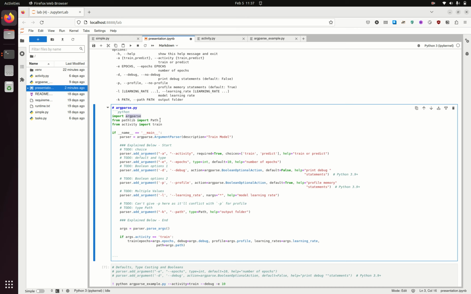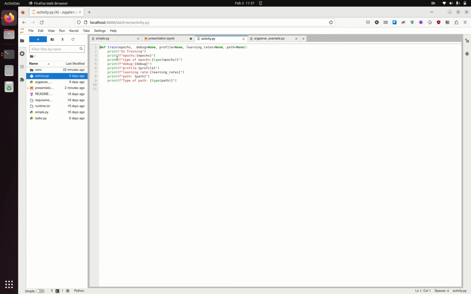And just to show how you would use it in a typical example, normally your training code or your prediction code is in a different module. So we have some module called activity, which right now just prints what values you give to it. But in normal cases it would be something like calling some TensorFlow or PyTorch code. So going back to the presentation,